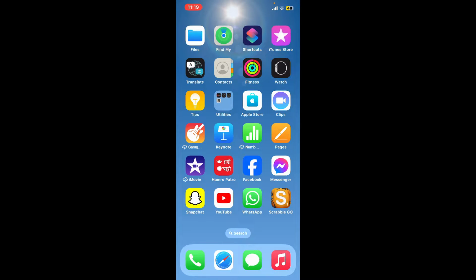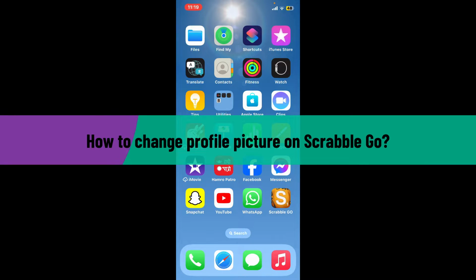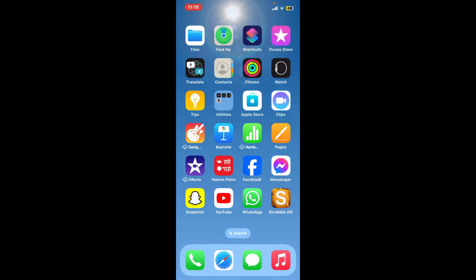In today's video, I'm going to be showing you how to change your profile picture on Scrabble Go. If you're looking for a way to change your profile picture on the Scrabble Go application, then here is how you can easily do it. Open your Scrabble Go app from your app drawer and make sure that you're logged into